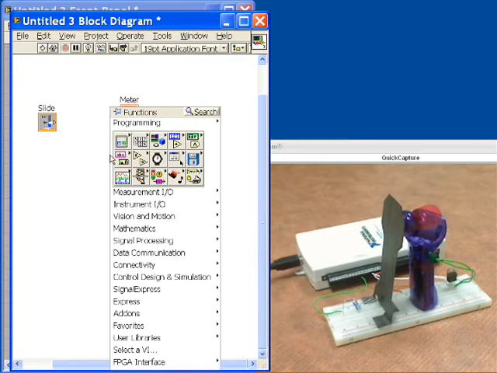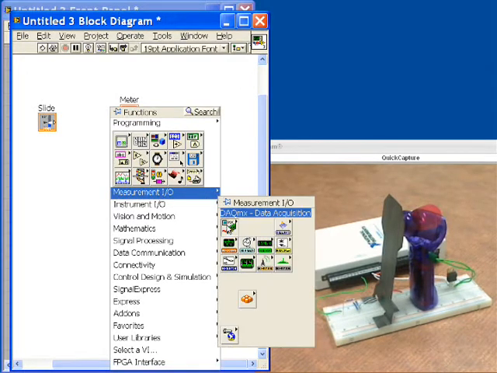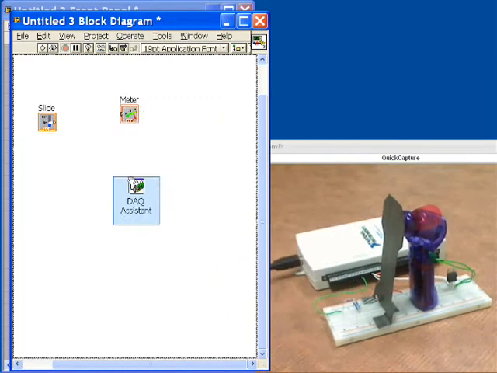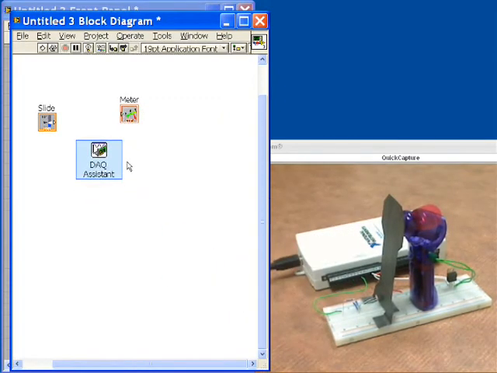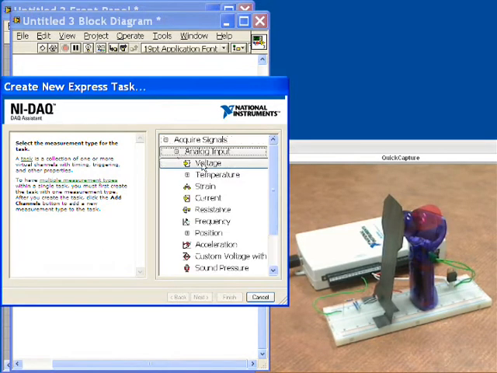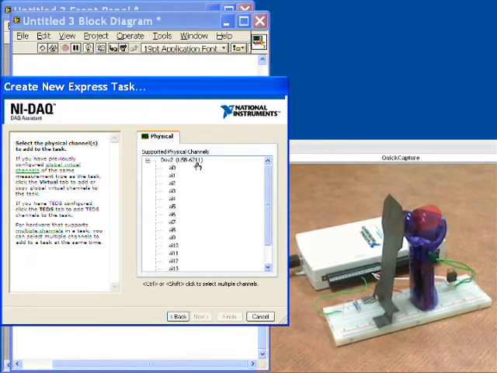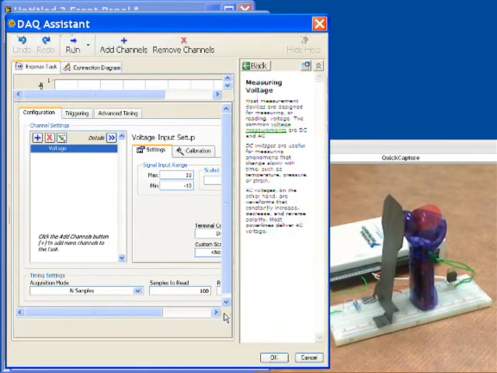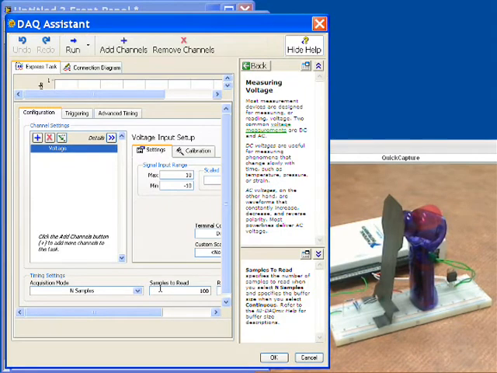We'll click the right mouse button, and we're going to put a DAQ assistant down here, and we're going to set this up for analog input. So the DAQ assistant will ask us some questions. Let's acquire signals, analog input, voltage, and we'll bring it in on analog input channel 0. The next thing that we'll do is tell it to acquire one sample on demand,